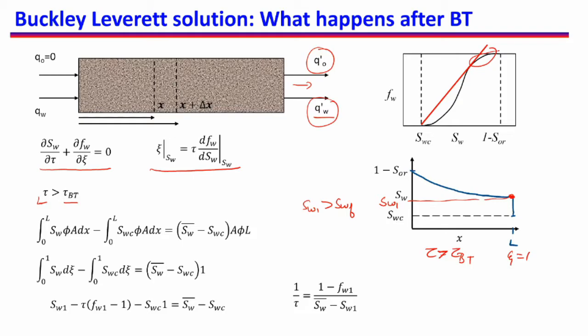So if we want to do mass balance now, I want to find out what is the total amount of water that is now present inside my porous medium. For that I need to integrate whatever I have shaded here in red. That will be SW minus SWC. I will again take a differential volume. So differential volume A dx multiplied by phi will give me the pore volume, multiplied with SW minus SWC will give me the total water volume present in this differential volume dx.